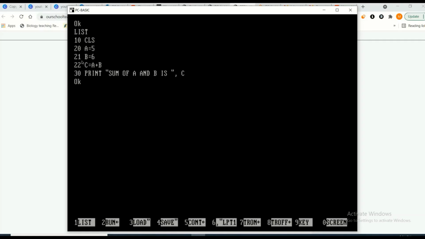And as you can see, line numbers 21 and 22 have already been inserted between 20 and 30. So this is how, if I forget some command, I can insert it later on, just to debug my program, just to amend my program.